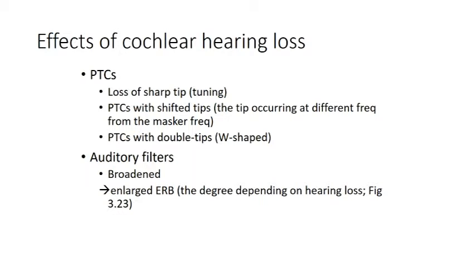It is lost, meaning that the sharp, accurate, precise tuning for frequency is lost. Also, the location of the tip may be shifted from the original frequency to other frequencies,